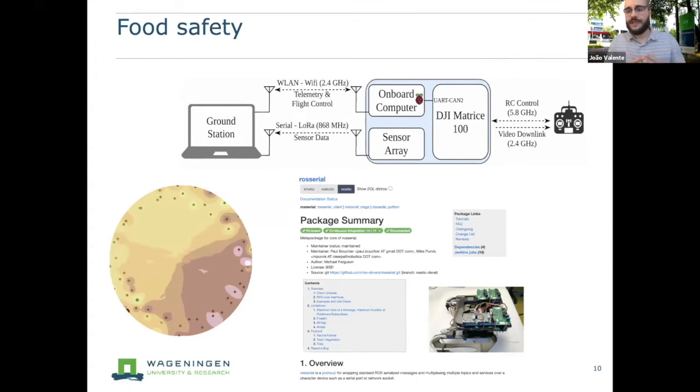We made a ROS package that reads all the data from all the sensors. And here again, we can also receive all the information from the telemetry of the drone. And then in real time, this is the kind of visualization that we have. We can have this high definition of the gas dispersions over a site.